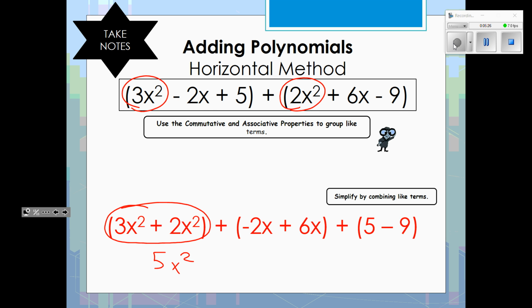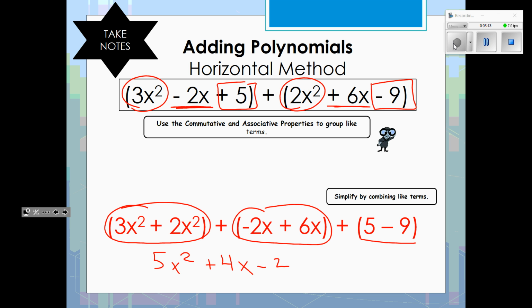I go to the next term, which is an x term and an x term. So mentally I'm combining a negative 2x plus 6x, and that would be a positive 4x. And then mentally I'm combining the 5 and the negative 9, which I show right here, which is a negative 4. So this is a way to organize it horizontally,